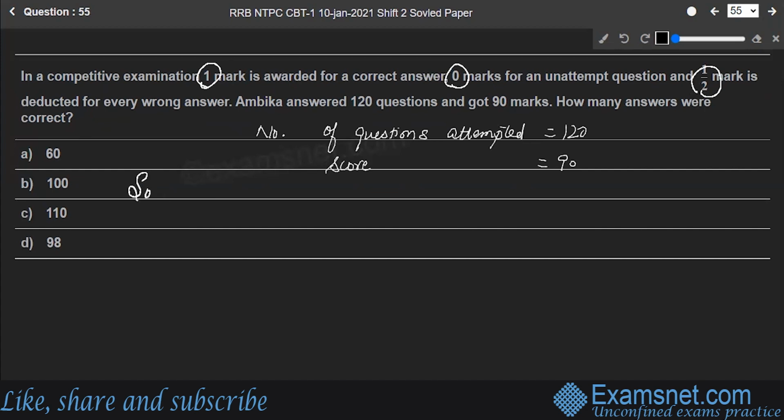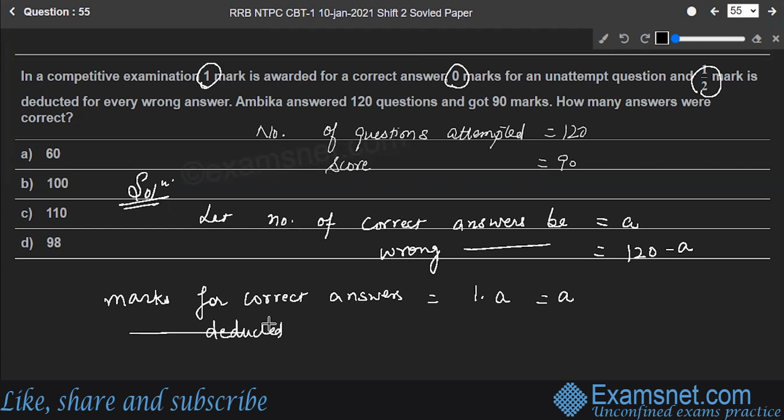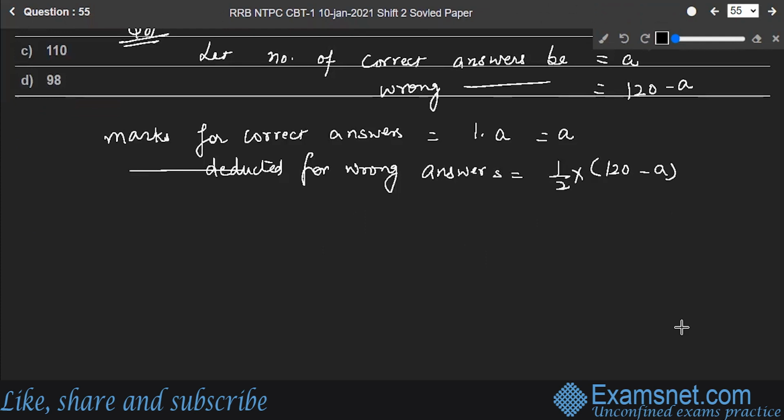So now, first, let the number of correct answers be A. Then the number of wrong answers is 120 minus A. Marks for the correct answers will be 1 into A, that is equal to A. Similarly, marks deducted for the wrong answers is 1 by 2 into 120 minus A, which is equal to 60 minus